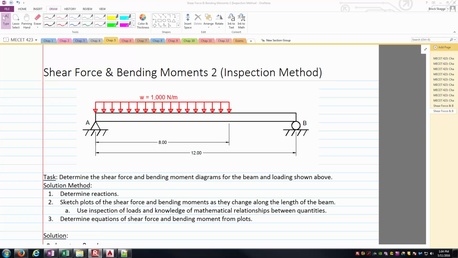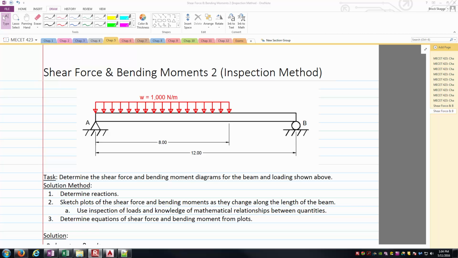And we've got a distributed load, more specifically a uniform distributed load with a value of 1,000 newtons per meter over the first 2/3 of the beam's length. We're going to use somewhat of an inspection method where we'll determine the reactions first, and I've actually already done that, so we can focus more on the relationship between shear and bending moment diagrams. Then we'll make sketches of the shear and bending moment diagrams,